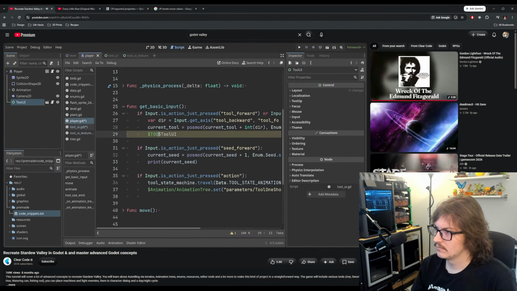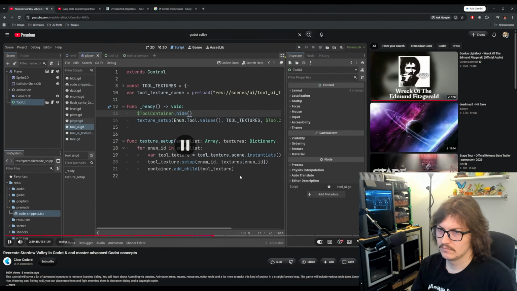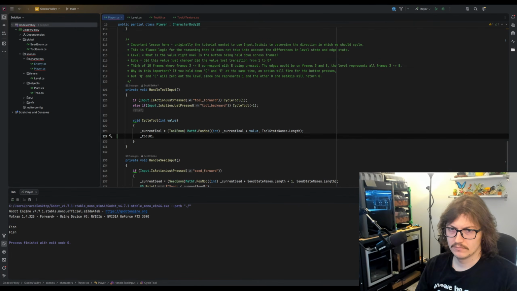Let me drag it in, tool UI, and then we want to reveal it. This function does not exist at the moment, so